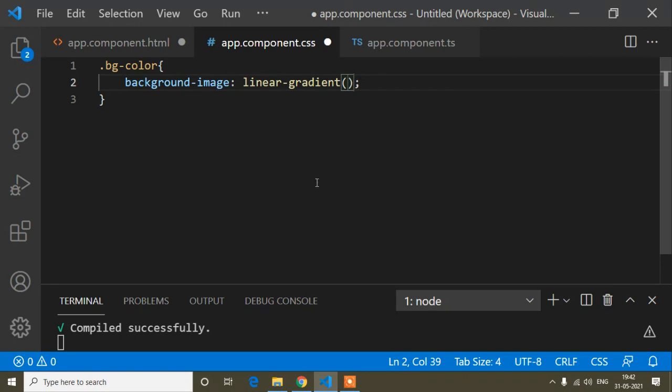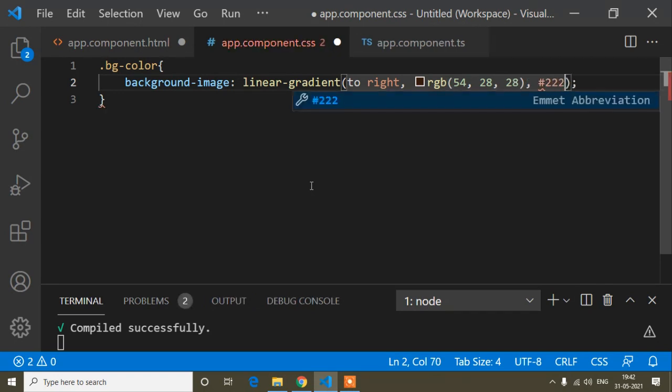Now here I will write to right, which means this gradient color will start from right to left. Now I will write the color code as RGB. R is red, G is green and B is blue. So red, green, blue. I have to write the color code for red, green and blue. First of all 54 is for red, 28 is for green, and 28 is for blue, and now comma and hashtag 222.